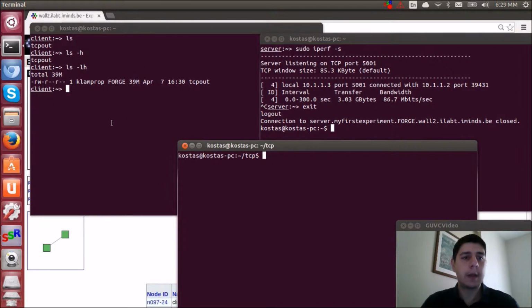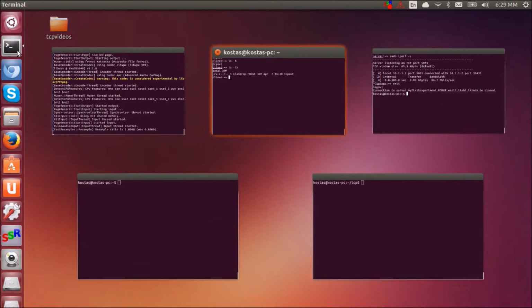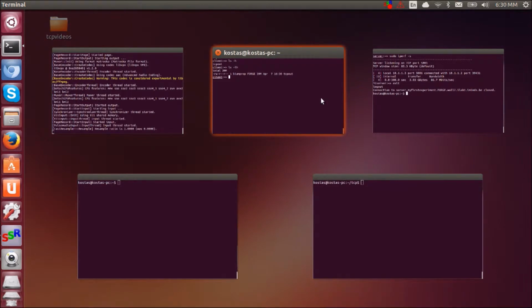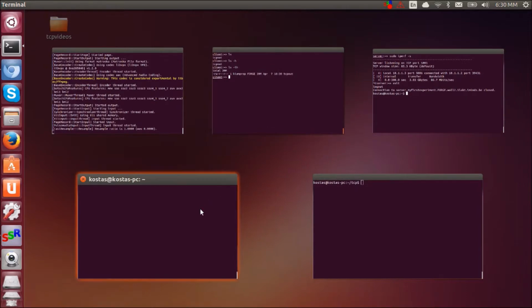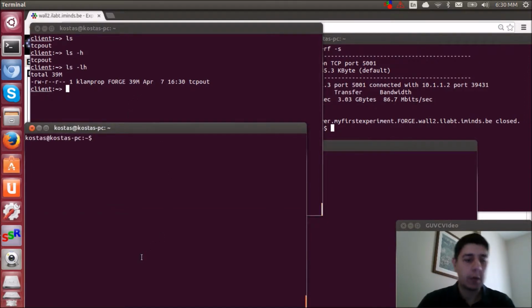We need to say here that since this node in the iMinds already supports SSH, this means that it already supports secure file transfer. So we don't actually need to install an FTP server and download the file. We can easily use the sftp command